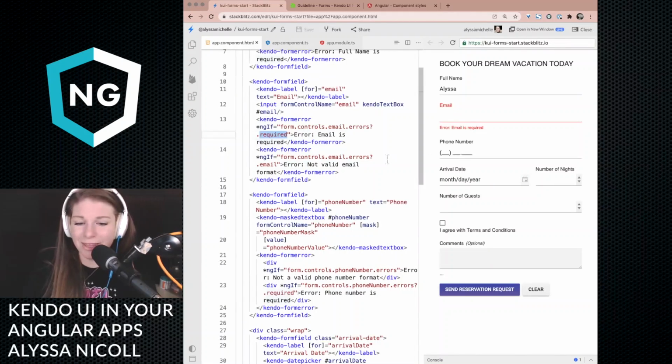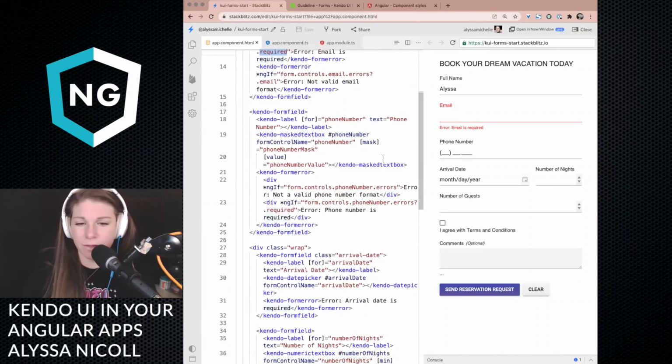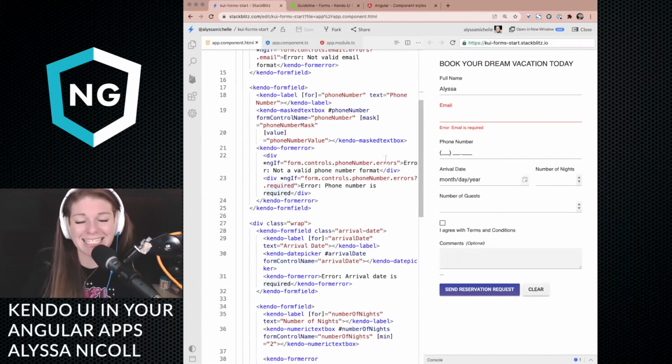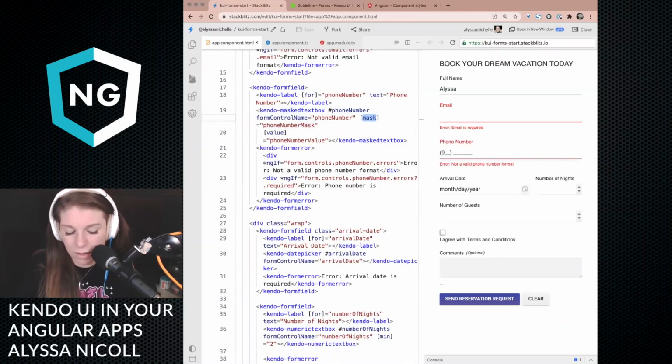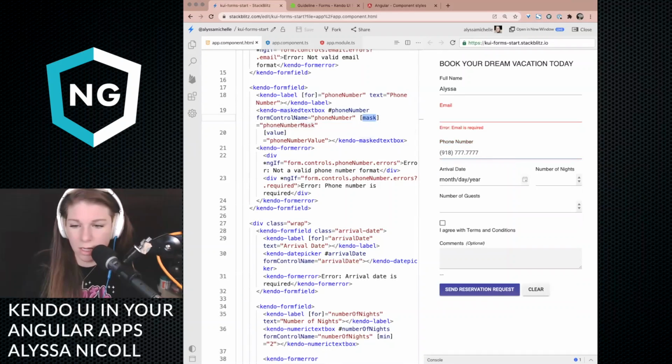We also, with those validators, have a really cool thing with text masking on this masked text box. I don't know why that word masked is really hard to say. So we're actually plugging in a phone number mask here. So you can see that we're like 918, this, and that.